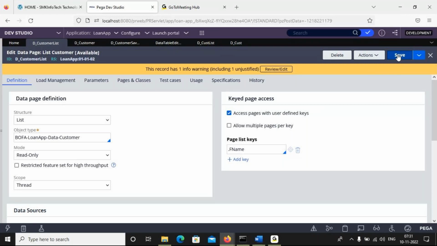So please note this, an interview question: what is the difference between keyed page access data pages and parameterized data pages? Very important interview question. For a parameterized data page, we always need to pass the input parameter, and based on this it filters the value. Keyed page access also filters the value, but it happens dynamically.